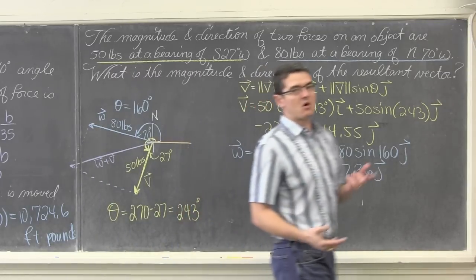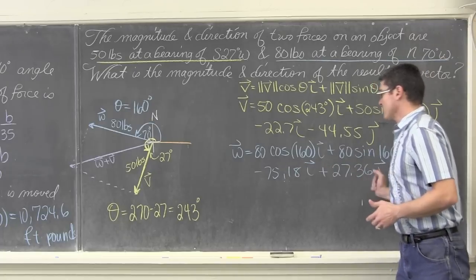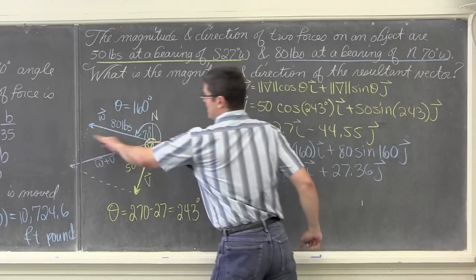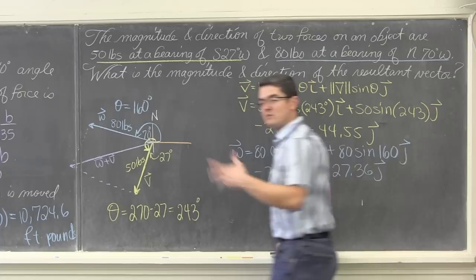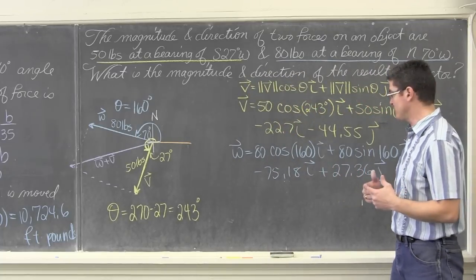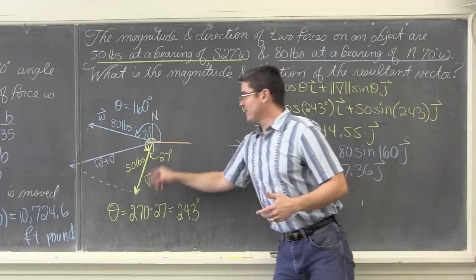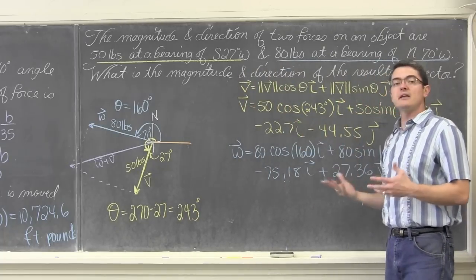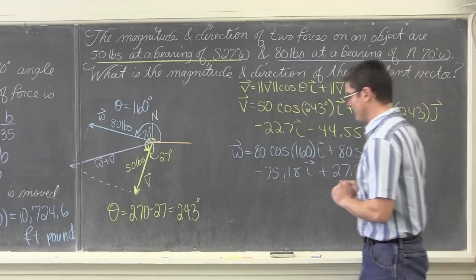Now, at this point, we can stop for a second and just make sure that these numbers seem to jive with our drawing. Our blue vector has a negative A value and a positive B value, and thus you can see it's moving to the left and up, so that should be a negative A and a positive B. I've also got my yellow vector going to the left and down, so both my A and B values should be negative, and indeed they are, so it looks like we're okay here.